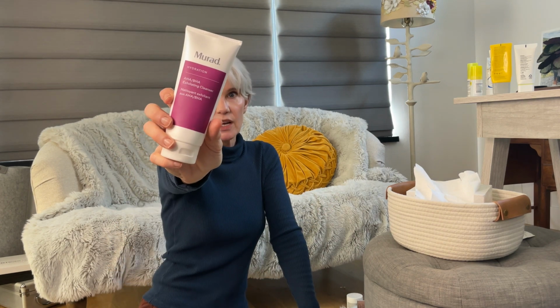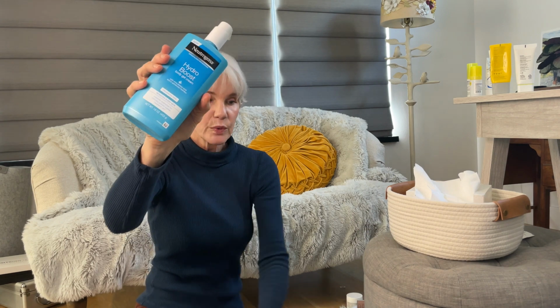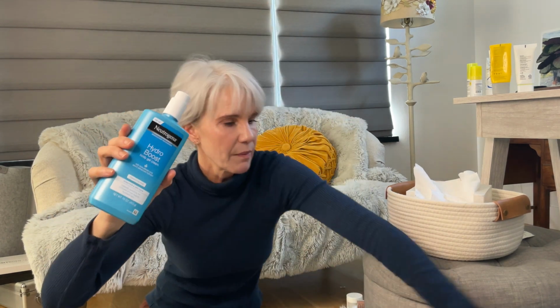I actually prefer, and I've talked about this before, it's not empty because I think I threw away my empty, but the Murad AHA BHA cleanser. I use this as a body scrub. It's got jojoba beads, it's really moisturizing, it's got AHA, BHA. I find that I have more luck with the combination of using this a couple times a week and then layering my Hydra Boost and my favorite, not this, sorry, I grabbed the wrong thing,